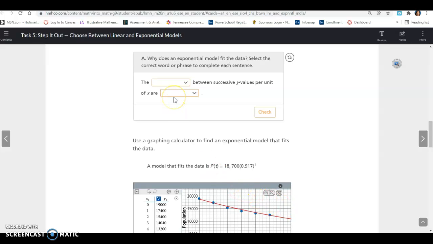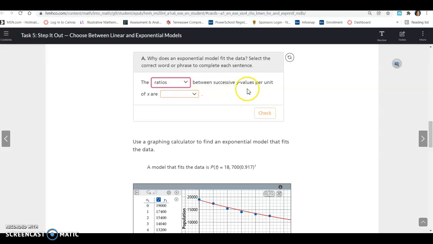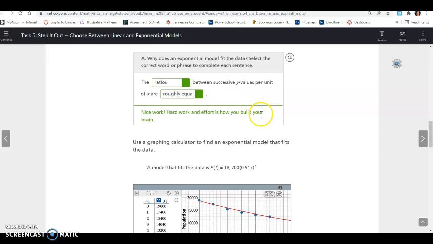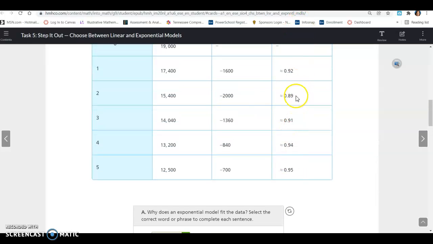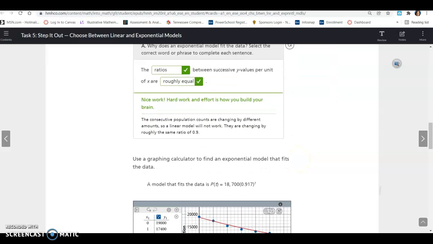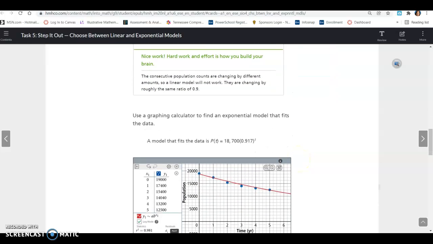Why does the exponential model fit the data? Select the correct word or phrase to complete each sentence. All right, so exponential. All right, you're talking about ratios. Remember, the common difference is linear. So your ratios between the successive y values per unit of x values are roughly equal. Okay, so they're not the same, but they're close. Roughly equal just means these are kind of the same. They're close, like an estimate. All right, so